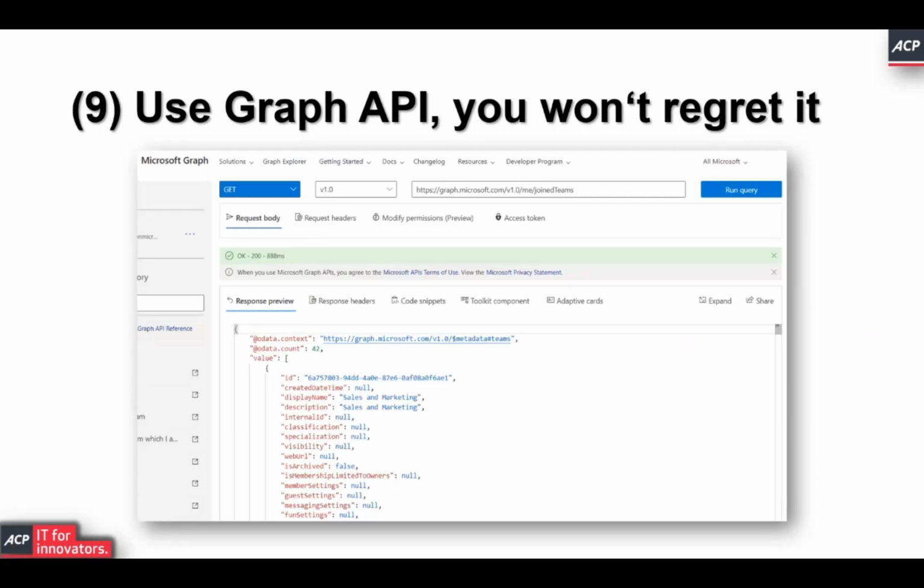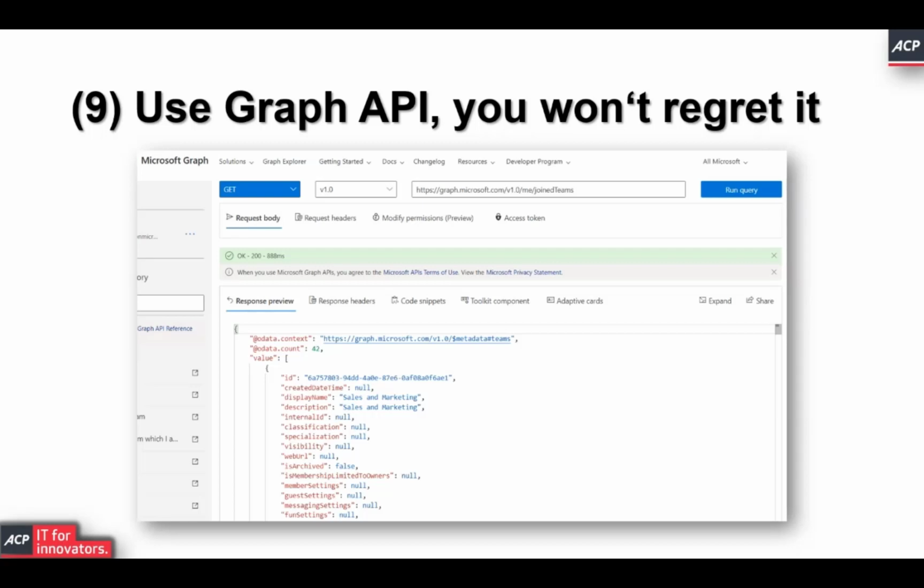And if you want to try this by yourself completely, I would recommend using the Microsoft Graph Explorer. So Google that, Microsoft Graph Explorer. And in there you get a user interface where you can log in with your hopefully admin or other privileges and can run all the Graph API requests, so get, update, patch, and so on and so forth, and try it out with the actual data from your tenant.